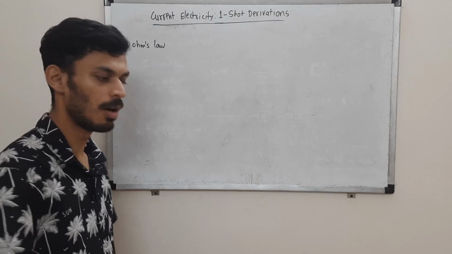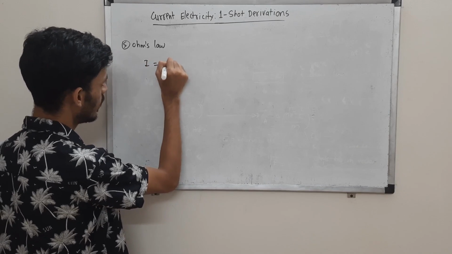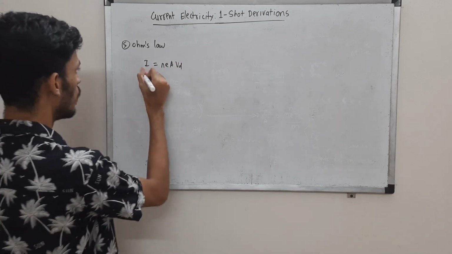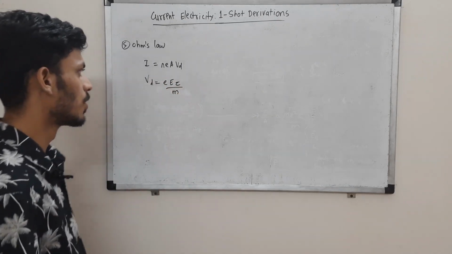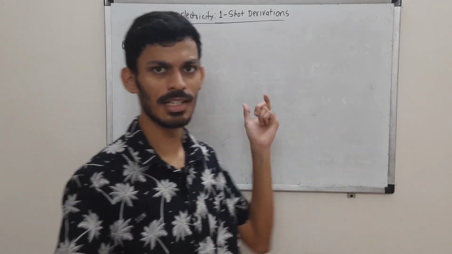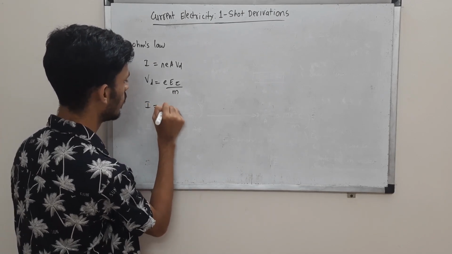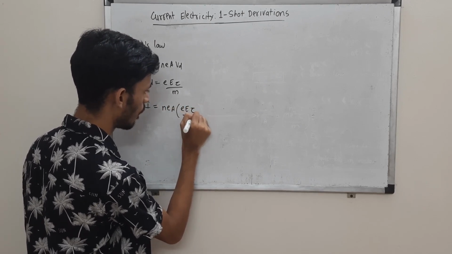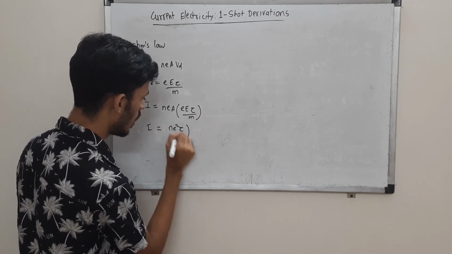So knowing what we know now, we can surely derive Ohm's law. Let's come back to Ohm's law. So I is equal to nEAvd. We know the relation between current and drift speed. Drift speed is also given as E tau by m. We will only consider the magnitude, since current is a scalar quantity and we are not worried about the sign. So let us substitute that vd in the current definition: nEA E tau by m. If I write it like n e square tau by m,